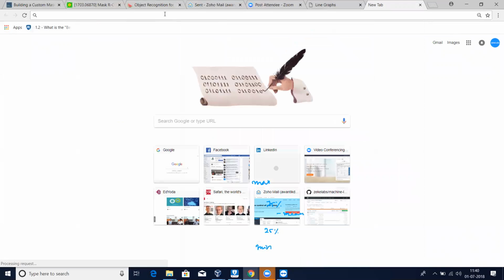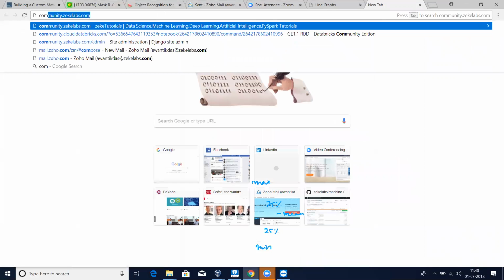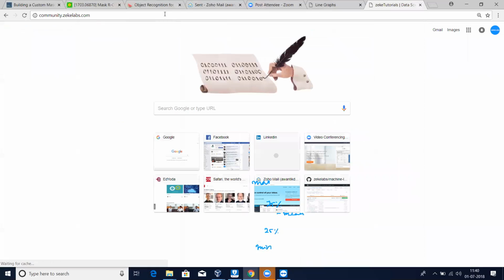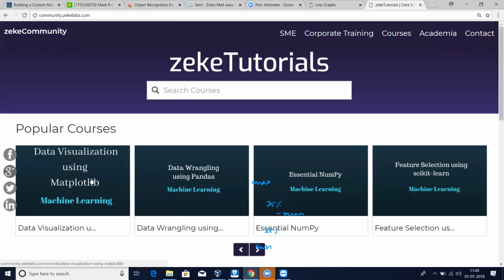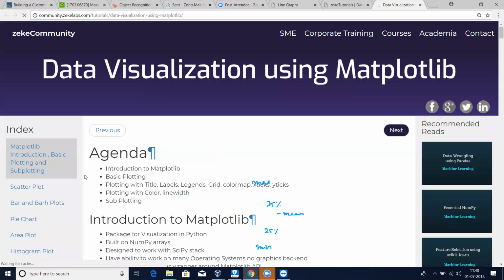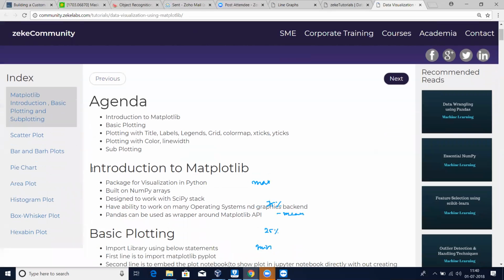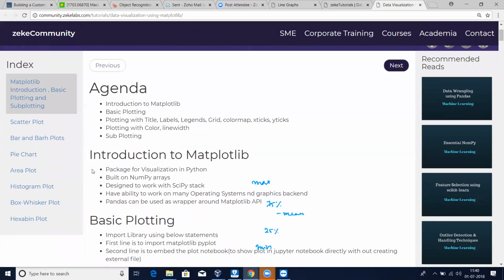So I'll do a thing. In the community page you'll see the matplot link. This is one thing that you can try a little bit over the week. As you can see, there is data visualization in the matplot link. You can try all this. This is whatever I have explained, the plotting part of it. People sometimes find it a little difficult to understand, but we'll do that.